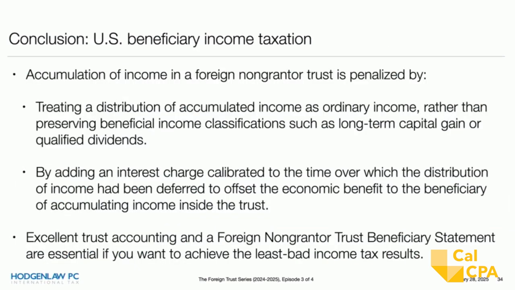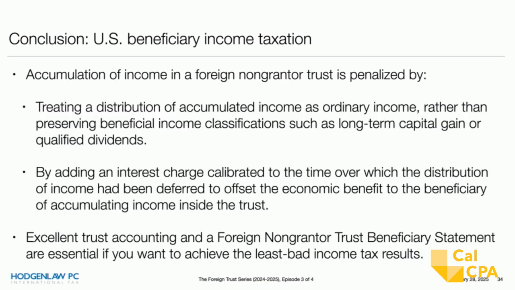So the conclusion here. The big problem with accumulation distributions is that it's going to be taxed as ordinary income. You lose capital gain preferential long-term rates. You lose qualified dividend long-term rates. So you're maxing out the income rate that applies to this distribution. That's not by accident. And then you add the interest charge calibrated to the life of the trust over which the income has been accumulated, and you nuke out that present value, future value possibility of deferral of income, and